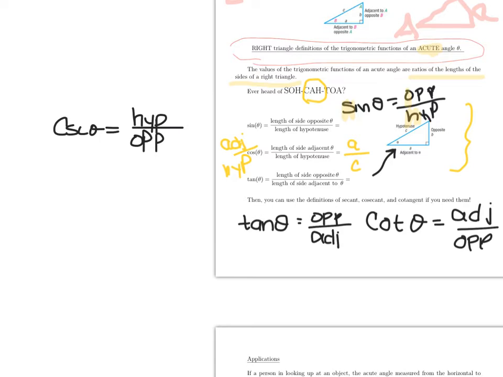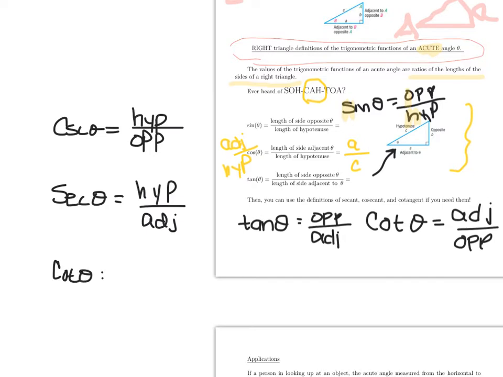Cosine of theta is adjacent over hypotenuse. So it's reciprocal secant. Secant is the reciprocal of cosine. That's hypotenuse over adjacent. And again, I'm just abbreviating here, hypotenuse and opposite and adjacent. And we already wrote it down, but to have it here off to the side too,